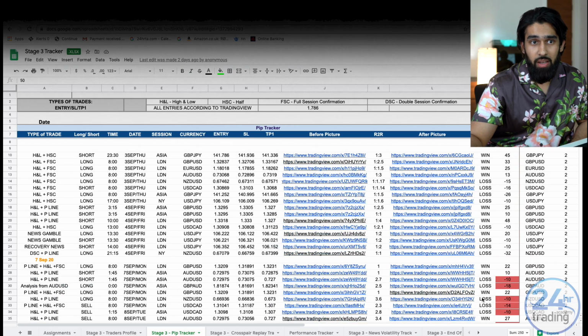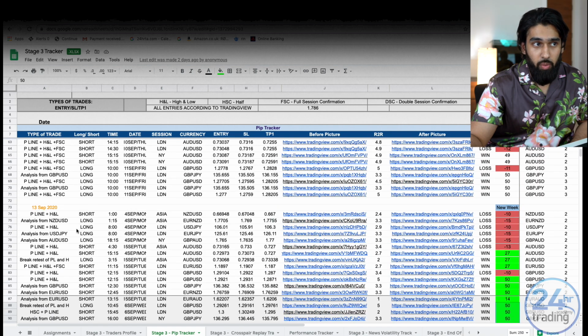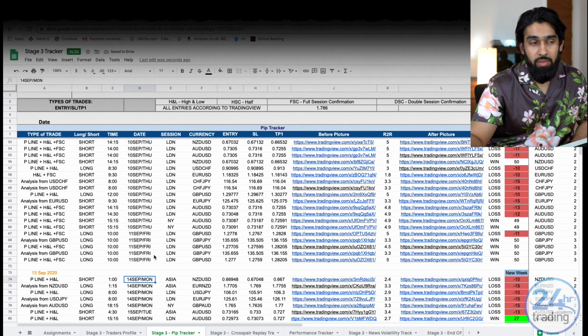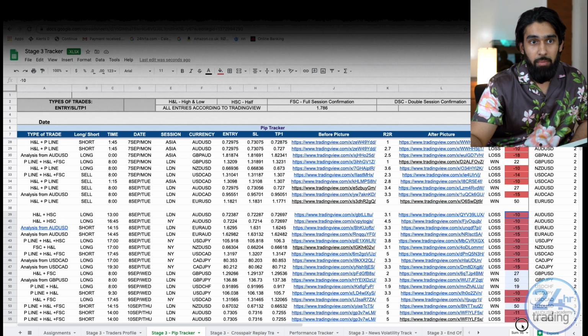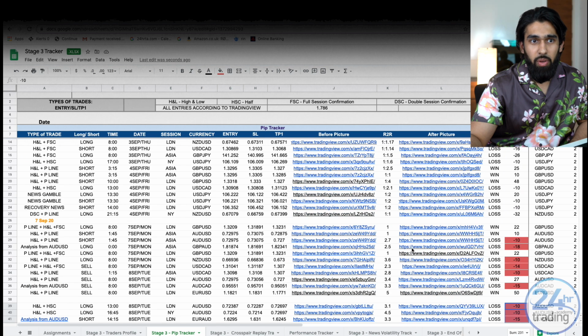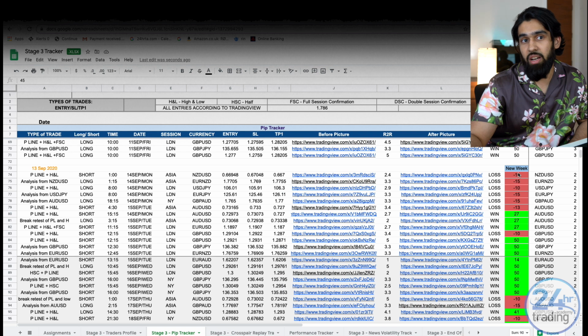So this was his first week of trading, but he's logged both of them in 1 week. So this is from 4th of September, 14th of September all the way to 18th of September, and this was his first week in stage 1. He's got a few as well. Overall for that week, I believe, he caught 231 overall pips in the first week. A week before that he had like half a week of trading, and with half a week of trading he caught about 90 pips. So 90, 230, and now coming to